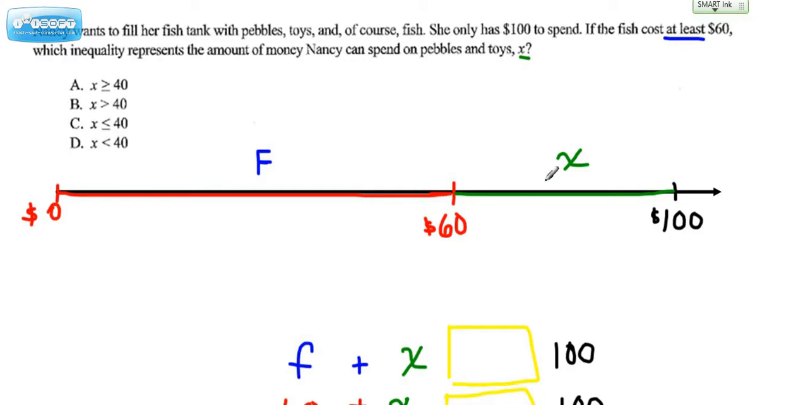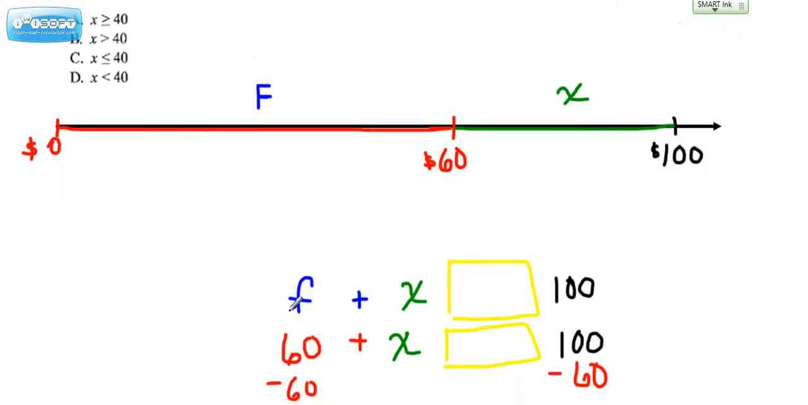She has the $100 to spend, and we know that the fish, represented here by this red line, has to be at least $60. So ask yourself, what does that word at least mean? Now keep in mind that if we buy fish and we buy other stuff too, that amount has to be less than, or it could be equal to $100. Because if we add up the amount we spend here and the amount we spend here,